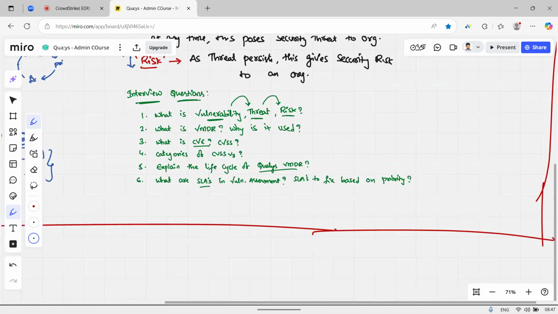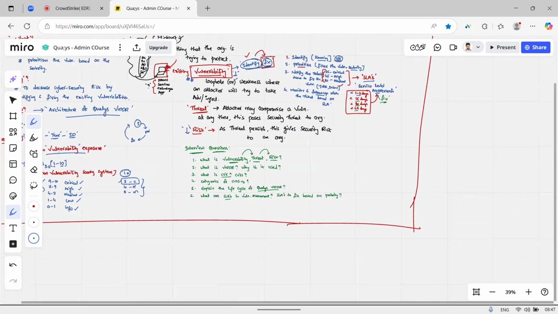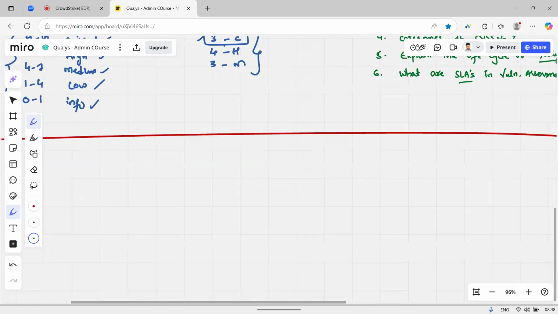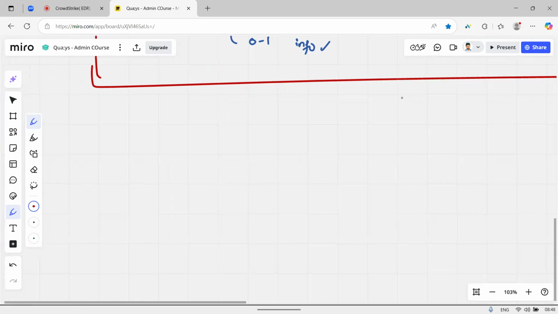So these are some of the interview questions in case they want to test you on the very basics, in order to understand if you have really worked on any VMDR platform or vulnerability assessment platform or not. The way that you answer these questions will let them understand whether you have genuine experience or not. So if you can answer these questions based on the way that I've explained here, then definitely you are a part of Qualys already. So today, which is 9th May,